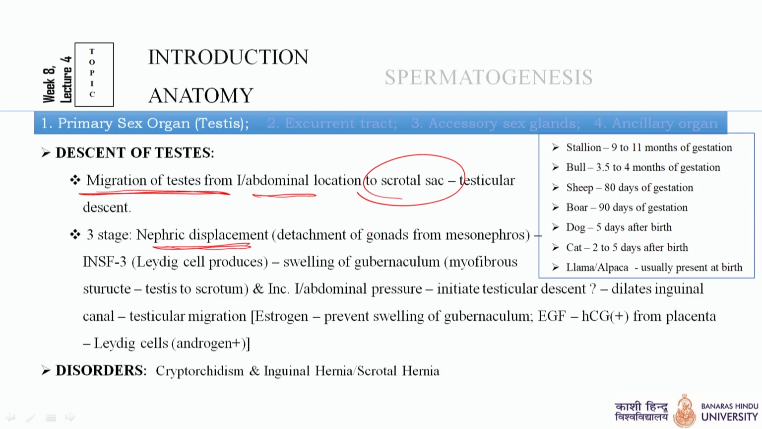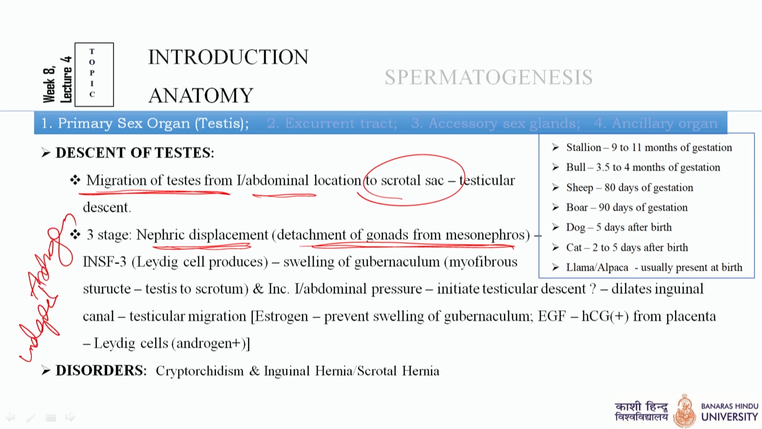In the nephric displacement, what happens? It causes the detachment of the gonads from the mesonephros. So this will take place in nephric displacement, and after the nephric displacement, once the gonad is detached from the mesonephros, then the Leydig cells release the INSL3, that is androgen